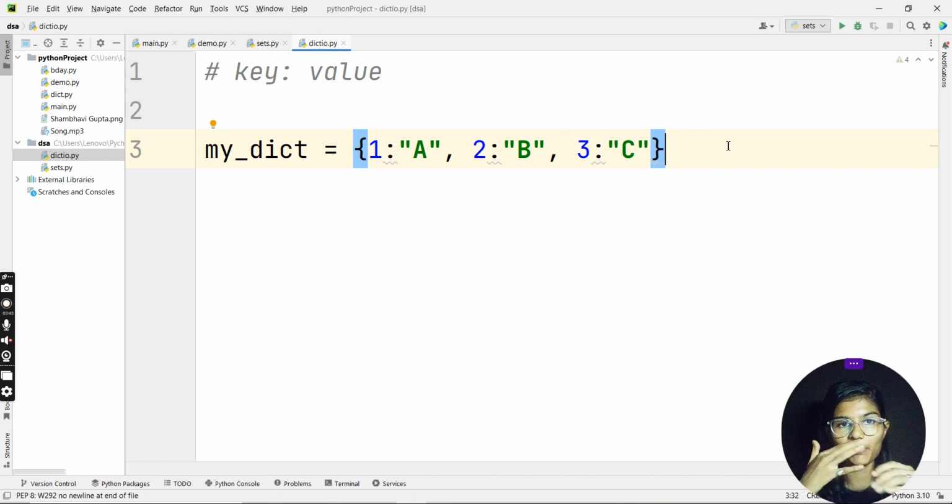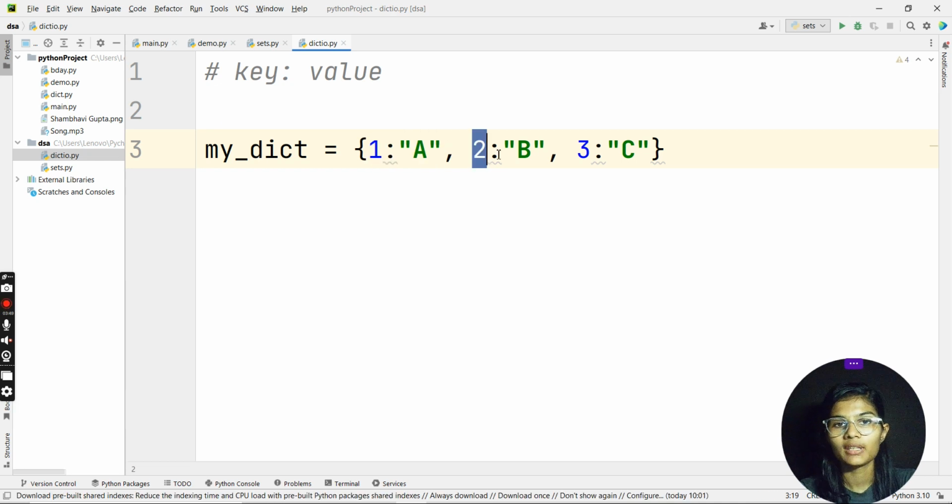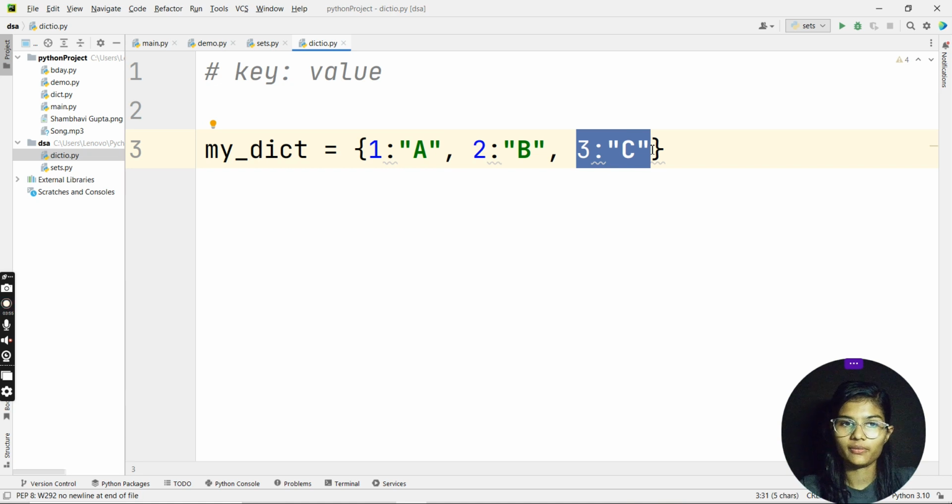Perfect. So now here is what happens in dictionaries: you always have a key and a value pair, as I told you. So this is a key-value pair, again this is a key-value pair, and this is again a key-value pair. So in this one, I have 3 pairs of key and value stored in my dictionary. You have to make sure that you understand that particular thing very clearly, right? So now, once you have separated the things by a comma, right?